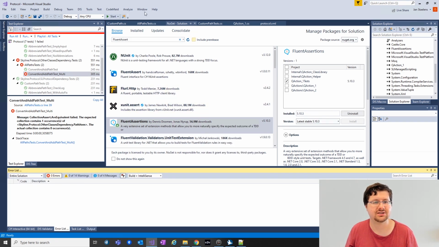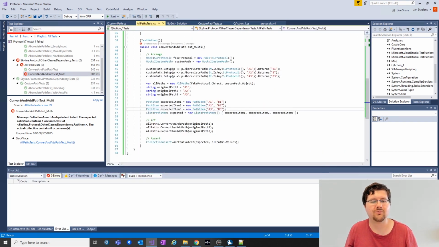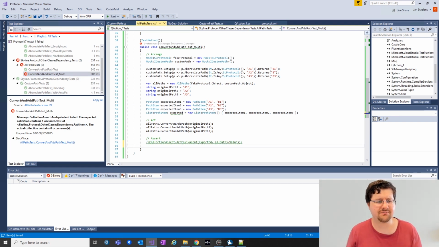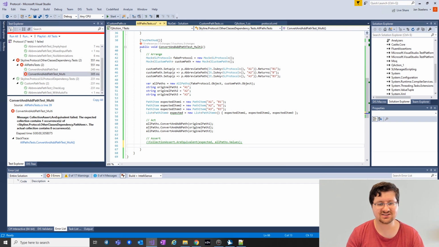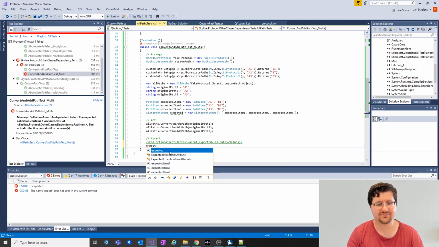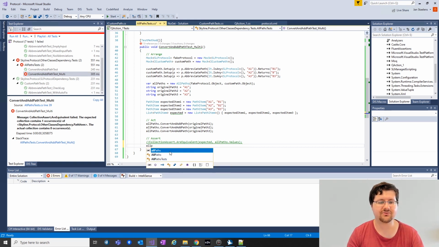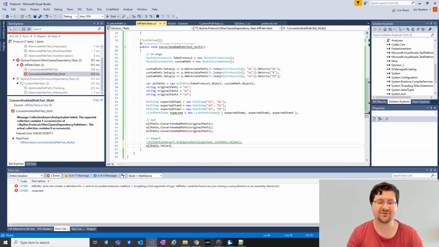Give it a moment. There we go. Now, what does this do? Well, instead of doing collection assert are equivalent, which gives a very, very bad reply if something goes wrong, like you don't really have anything there. What you can do instead is say expected, pardon me, let's try that again. We begin with all paths.values, and then you can just write in should